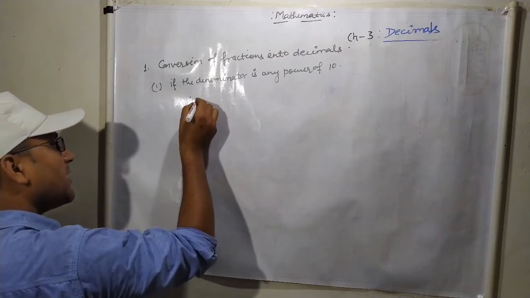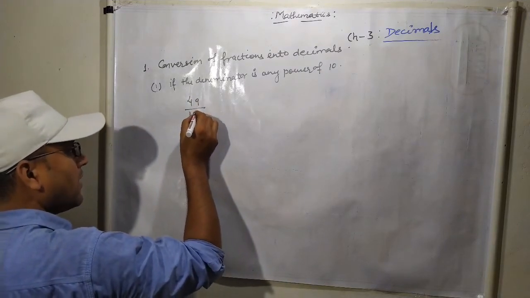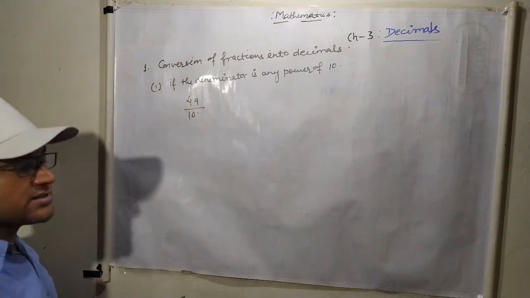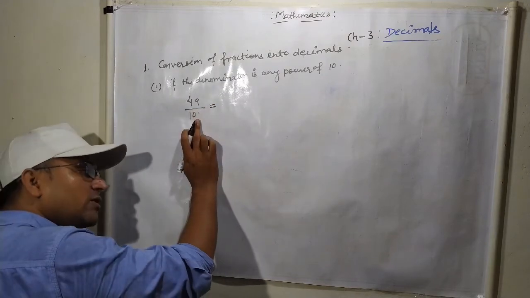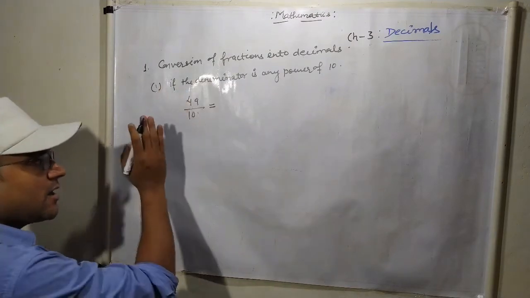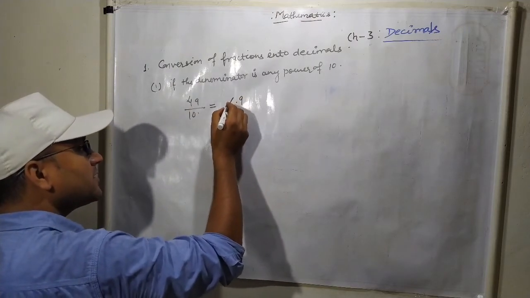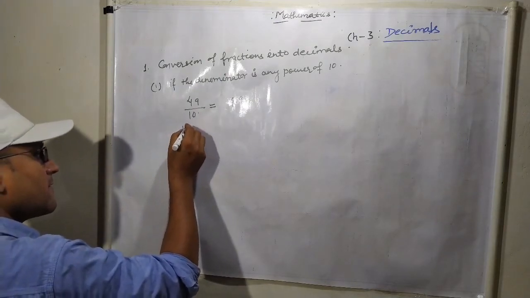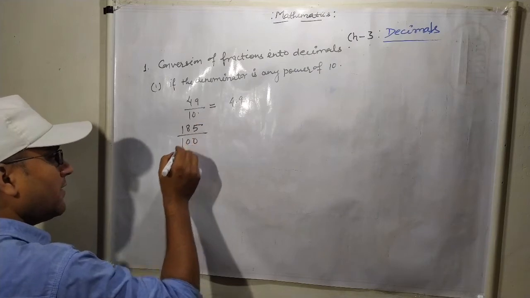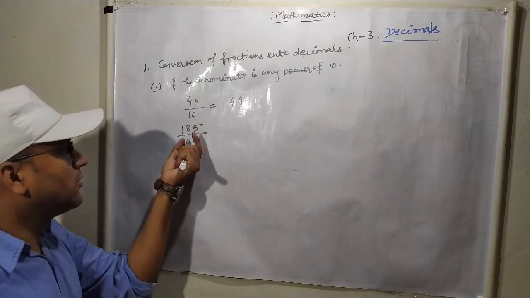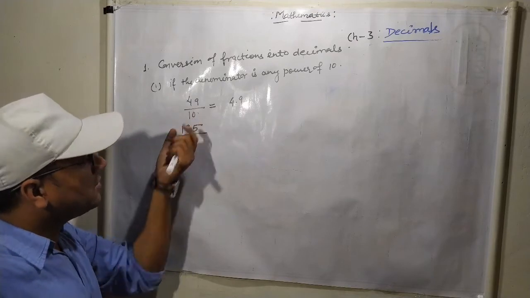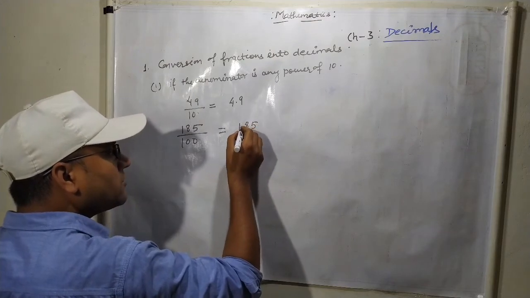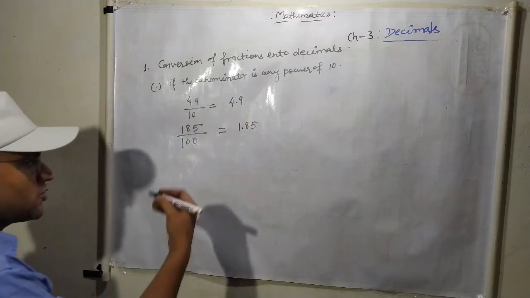Suppose 49 upon 10. So this is how you will convert it into a decimal. It's very easy. There is one 0 in the denominator. You will count one digit from the right side and put the point, so after the point 9, and you will write 4.9. Suppose 185 upon 100. There are two 0s. You will count two digits in the numerator, 1, 8, 5, and put the point. Suppose one more example,